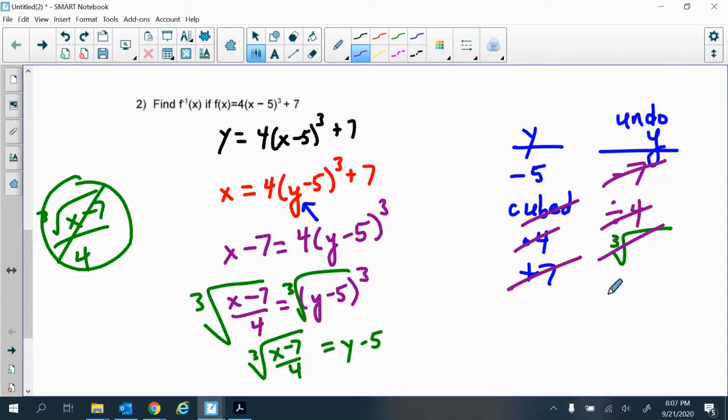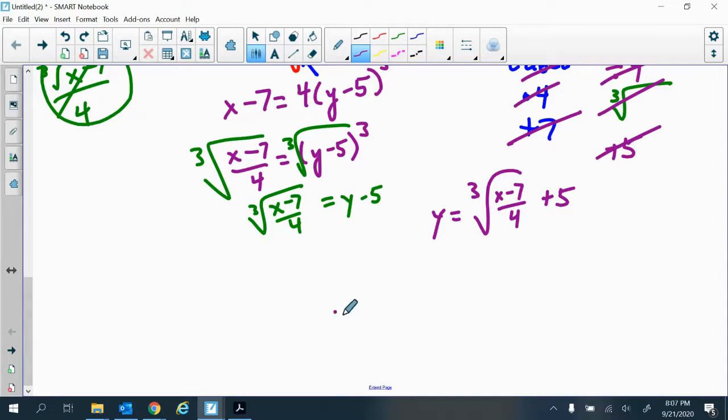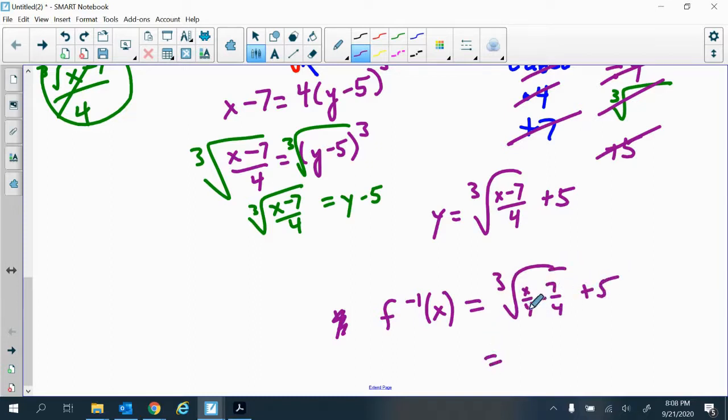Then we add 5 to both sides. That cancels off the 5s, and we're left with the cubed root of x minus 7 over 4 plus 5. So how can I write this? I can write this as f inverse of x equals this, or I could also write it as f inverse of x is equal to the cubed root of 1/4 x, or x over 4, minus 7 over 4 plus 5. Or I could realize that the 4s, actually I can't do that because it's a cubed root,